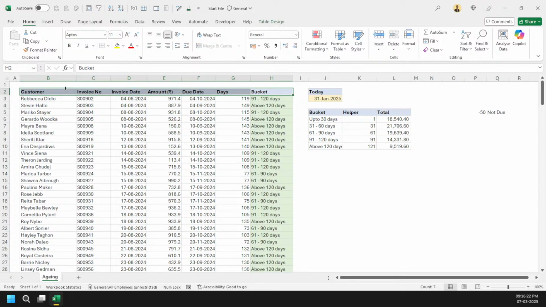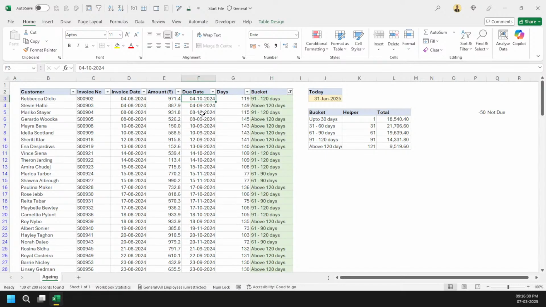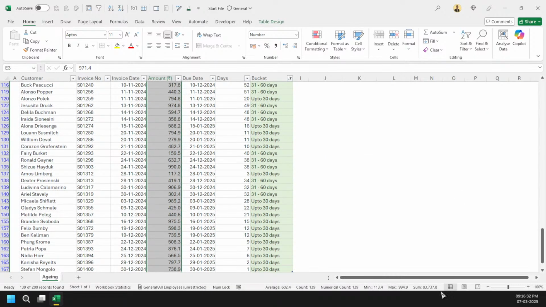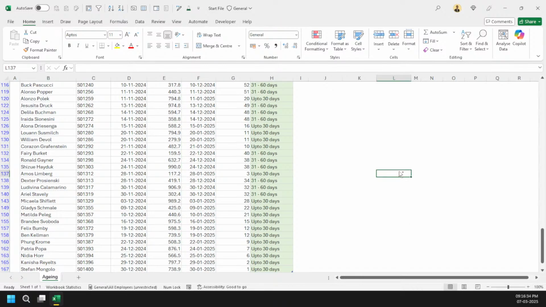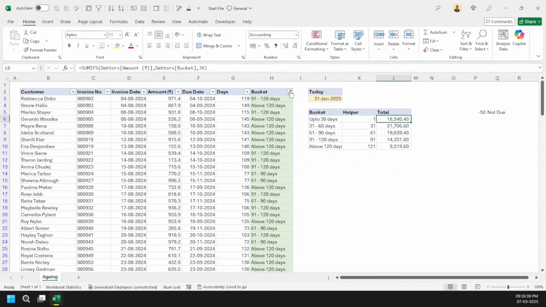And let's filter it out, and we can remove the not due part. 833737. So that's the whole idea. Got it? So that's what we can do here as well.